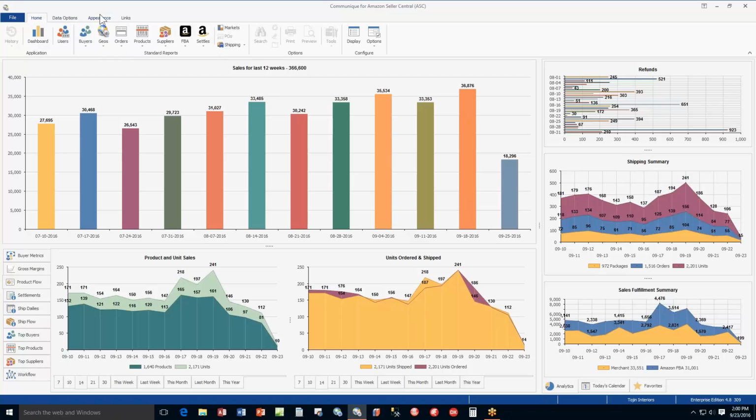Let me just give you a background about what Communique for Amazon is. Essentially, it does four main things. One, it helps you with your settlements and accounting. Two, order reconciliation. Three, gross margin and profitability. And lastly, product replenishment. Those are the four core areas. There are a lot of other things that we do too, but those are the four things